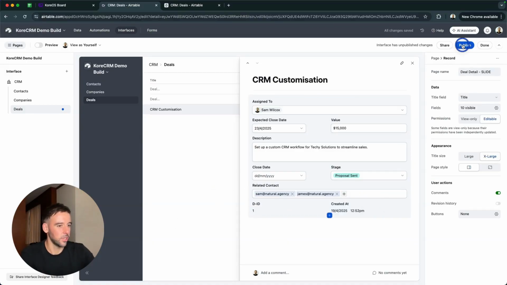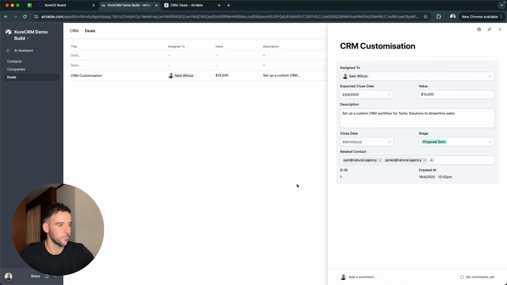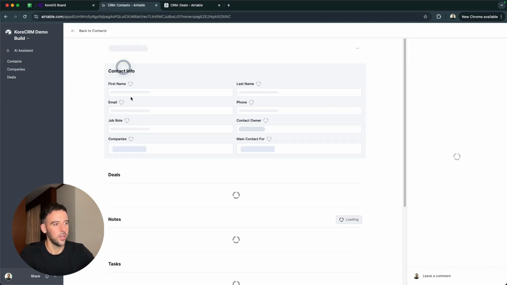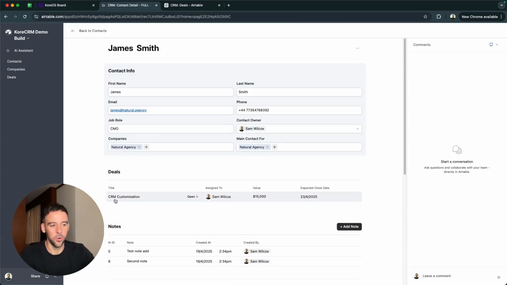Then if I publish this, you see if I click on this, we've got the side panel, which we're going to change to the full screen in a second, but just to show and illustrate a point, we've got the slide panel here. If I come back into contacts, if I open up James Smith here, and if I open up this